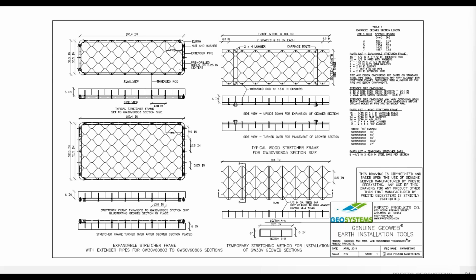Building a stretcher frame is a definite best practice for geocell retaining walls, and we have plans for wooden ones, ideal for walls with a constant cell size, such as most reinforced walls, or for expandable ones that are better suited for gravity walls that have more cells at the bottom and less cells as the lifts are increased. Check out the installation tab at prestogeo.com to download the full construction resource package or just the stretcher frame plans.